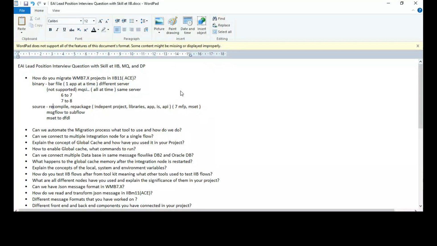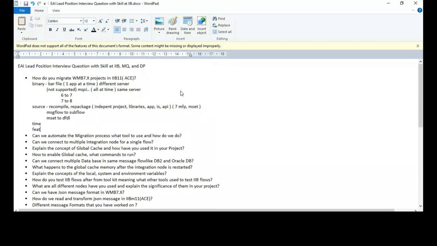As I said earlier, if you want to use a source file from 7 to 11 conversion, you can do it in a time-bound manner. So that would be you just import the source code, not make any changes, and compile that into 11. That's one. And the other one is you want to make use of the features. For that, you will have to spend time.